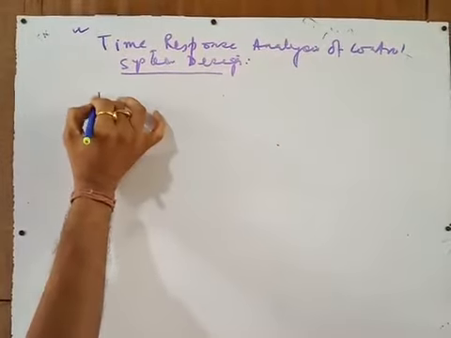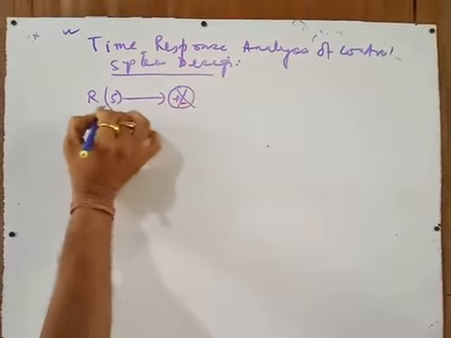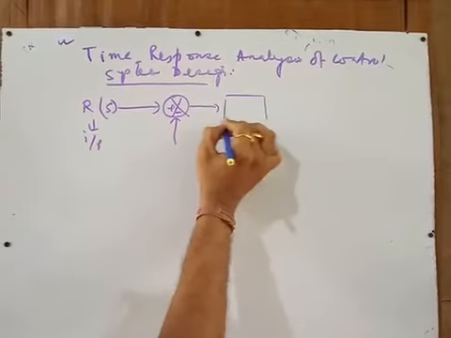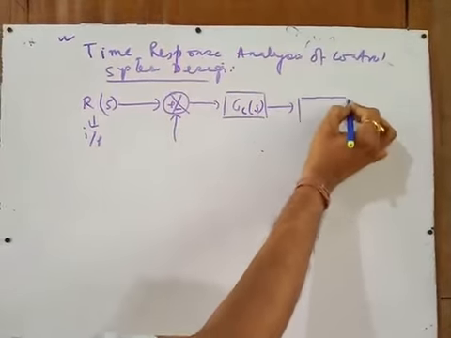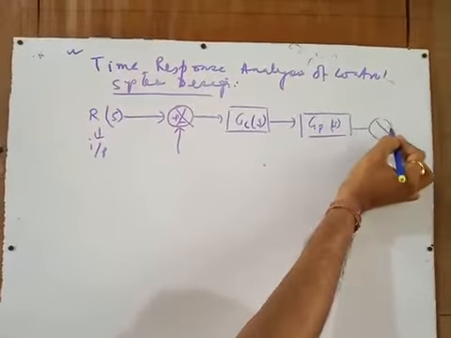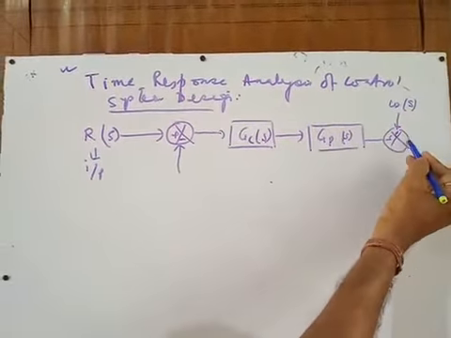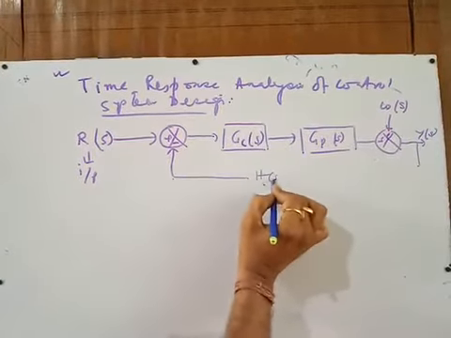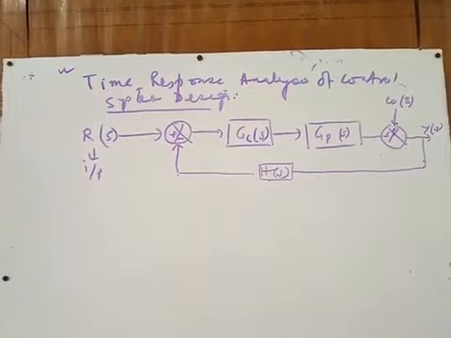All of you know, the basic block diagram of a control system is like this. So, this is your input, this is your controller block, this is your plant, and here comes another block which is known as the disturbance, and this is your output Y(s), and say this is your feedback block, this is H(s). So this is the fundamental block of any control system.